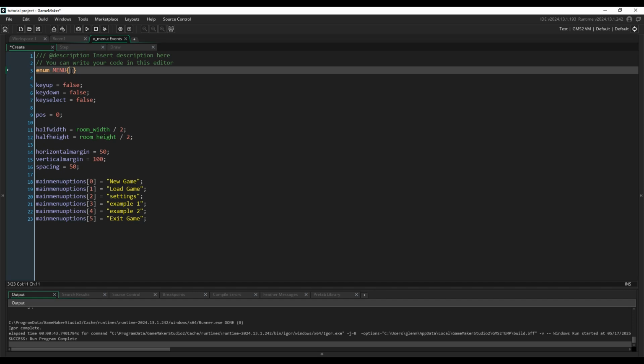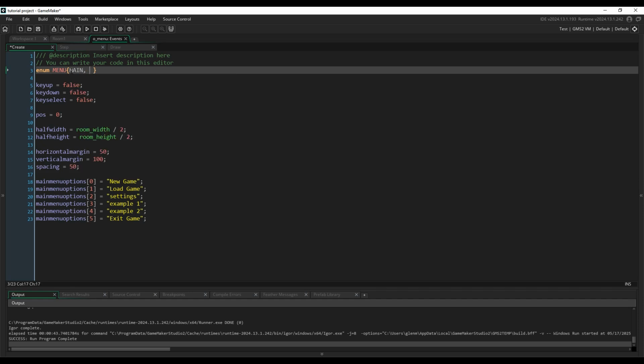And if you don't know what an enum is, essentially it is a labeling system for a numerical system. We are going to create a state machine for our menu object. But instead of it being state equals 1, state equals 2, state equals 3, we'll have menu state equals enum this and enum that. So we're going to create an enum and we're going to go